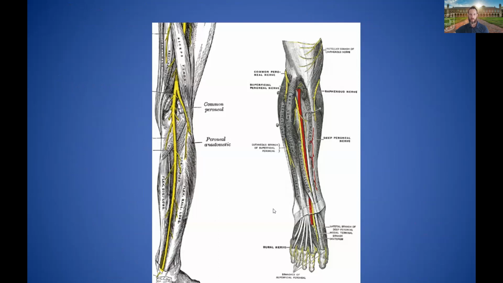Here's a pictorial representation of what I'm going to show you on ultrasound with the division of the sciatic nerve with the lateral moving common fibular nerve toward the fibula, as well as the posterior division of the sciatic nerve here into the tibial nerve, which I'll demonstrate. And then here is the continuation of the superficial peroneal nerve here into its more distal divisions. And then here the deep fibular nerve